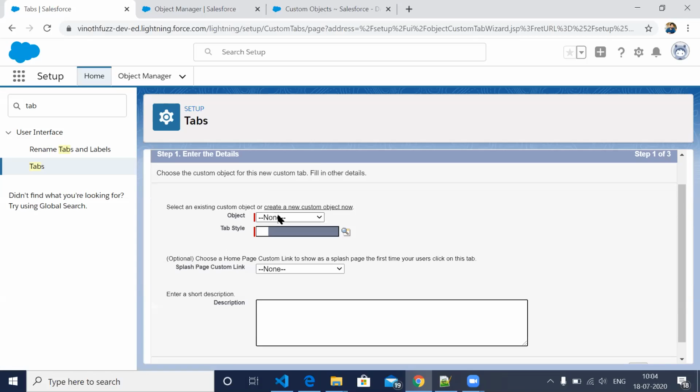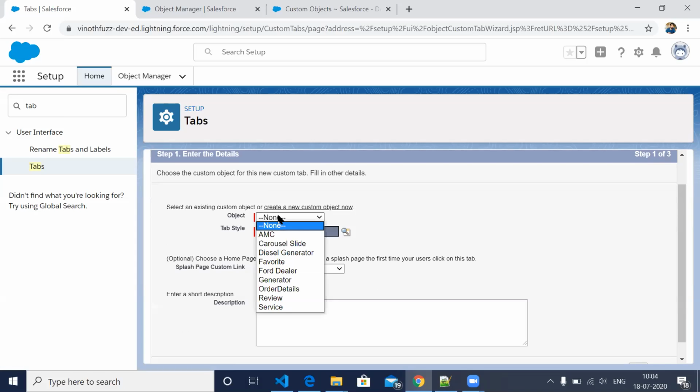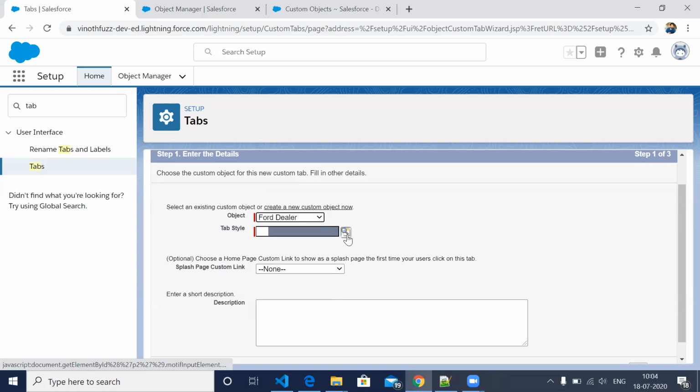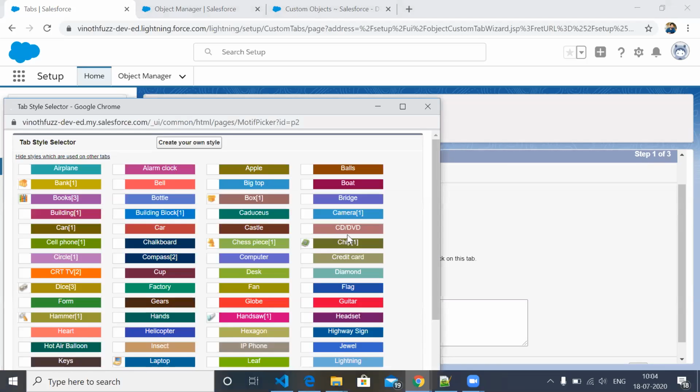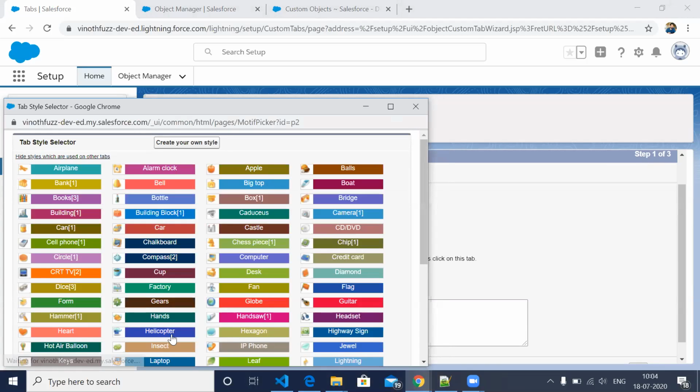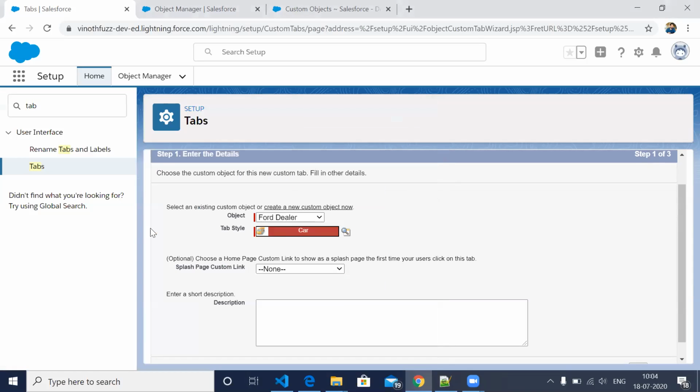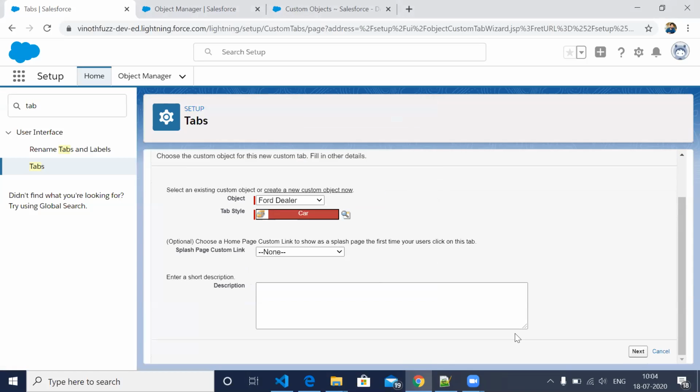Here you have to choose the object. We want it for this object, Ford dealer, which we created. Here you will have a tab style, which is mandatory, and you can choose anything. It just displays as a small image. Here I have a car, so I'll choose that one.